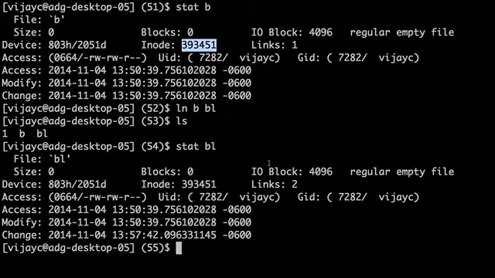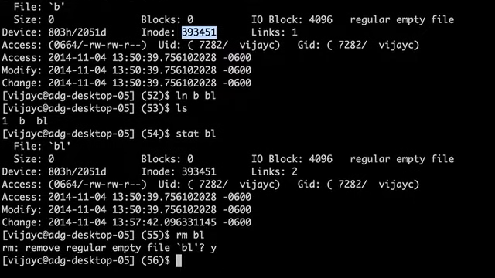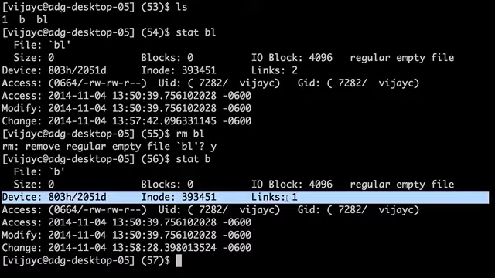Now, when you remove BL, what you're actually doing is just decrementing one link to the same inode. So basically you can delete whatever name you have for this link, and as long as there is at least one name available for this file, the file will be kept. It will not be deleted. You're just deleting the name of that particular inode.